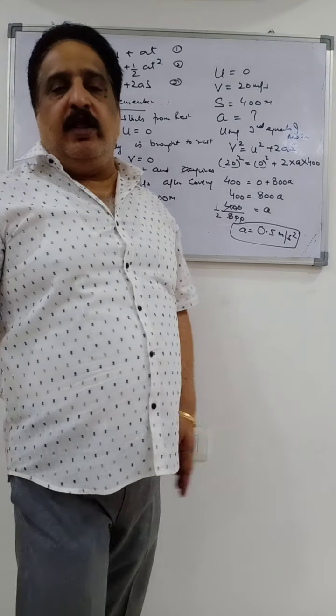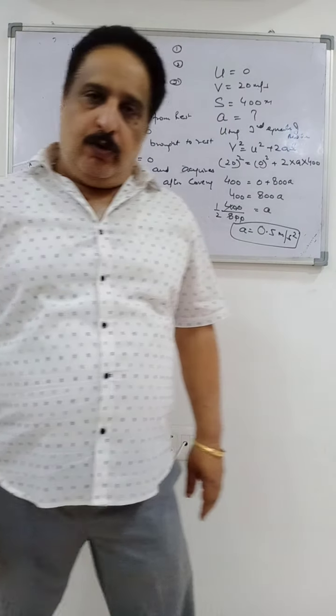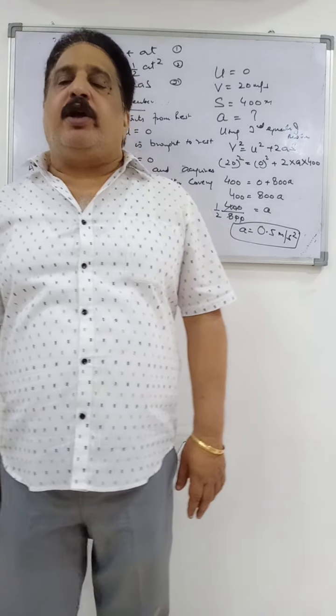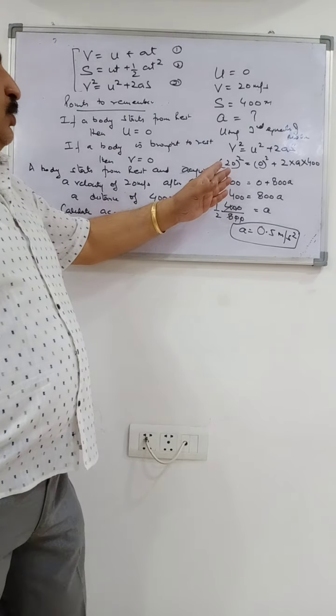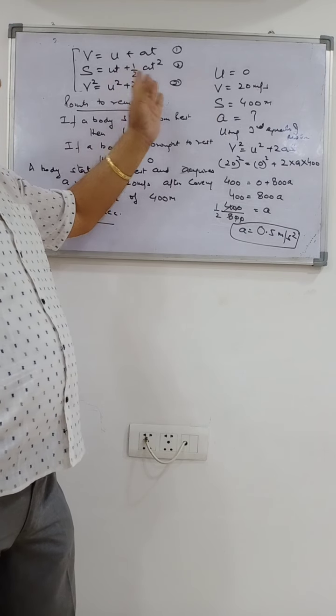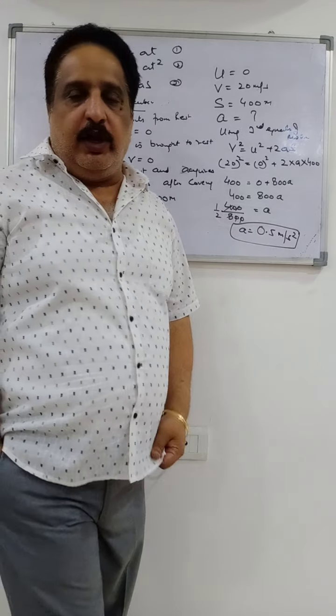So what have you done in this case? First of all, write what is given to you. See if the units are SI. If they are not SI units, convert them into SI units. And then see which equation you can use. Correlate this with the three equations you have. Whichever equation it fits, put these values in it and solve for the required quantity.